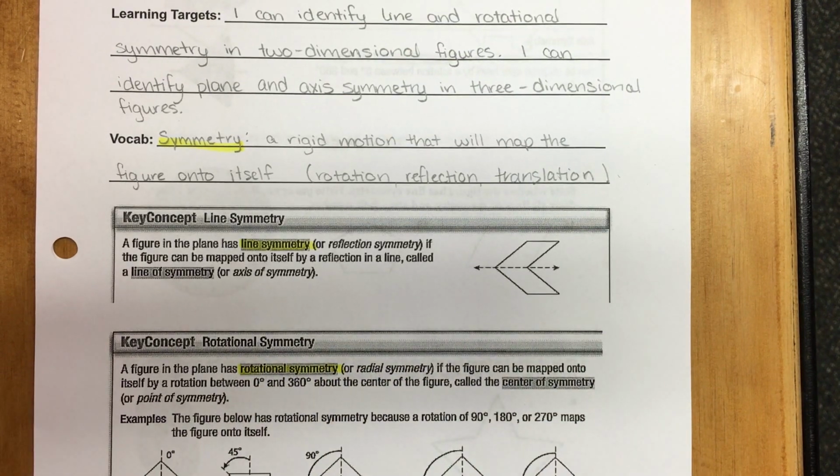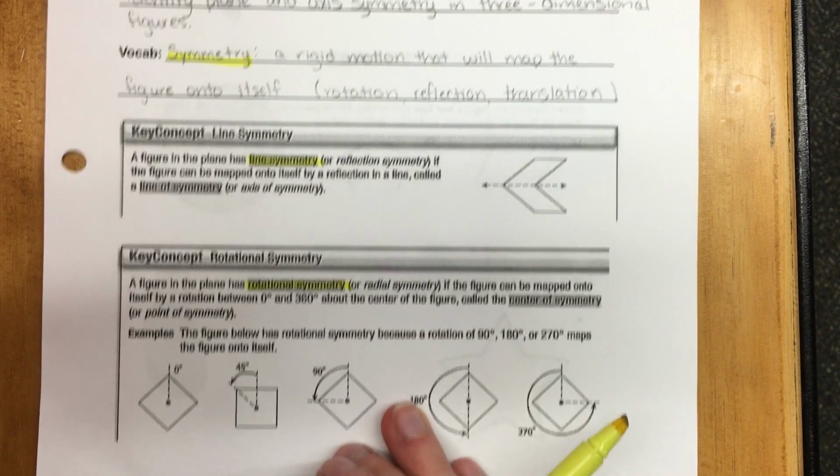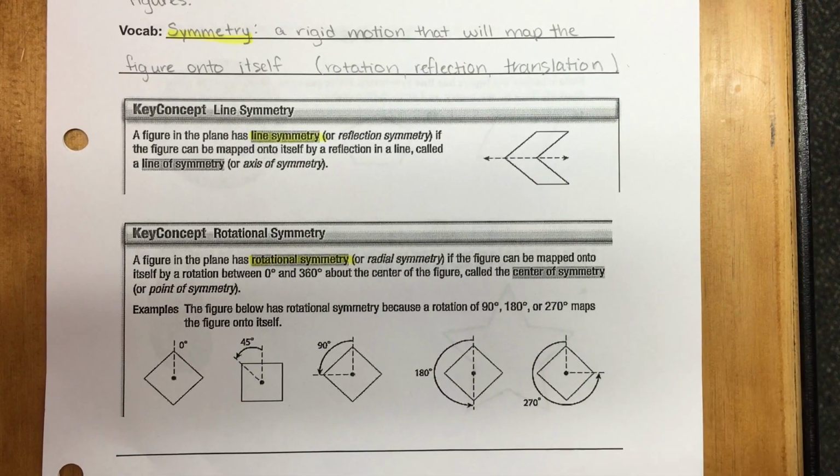So we can rotate it between 0 and 360 degrees, and it stays the same. And they show here that certain rotations will make this one the same. So if I turn it 90, 180, or 270, it's the same. So that's enough. I don't have to have every possible rotation. If I can rotate it at all and it would stay the same, then it's got rotational